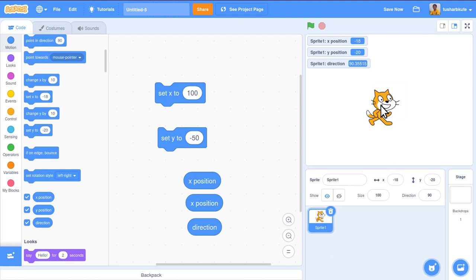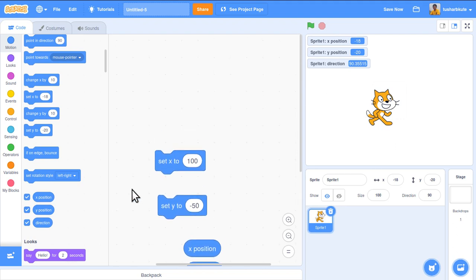These are the variables which will contain the values of properties of this sprite. When I click on them, their values will appear over here in the output, and we can easily check what's the current position that they carry. It's a very important part in programming to observe the values of these variables. So all of these motions that we have seen here can be applied to animate the sprite in multiple different directions. We can combine them together also. Just look at one example, and then we'll close this session.